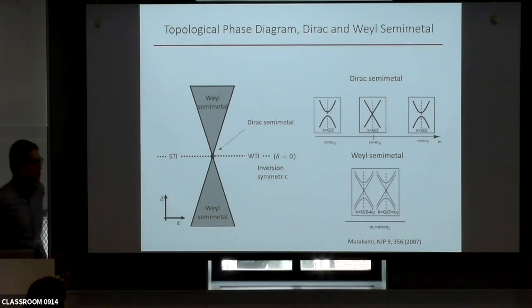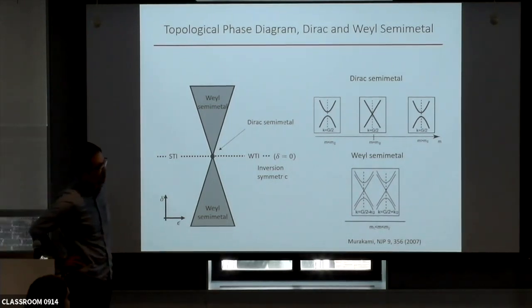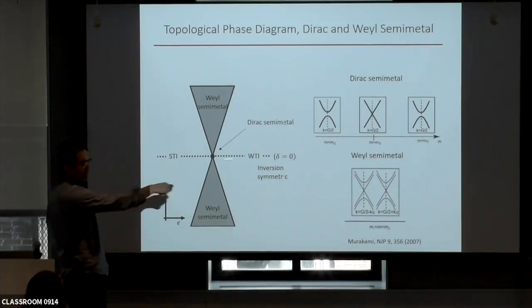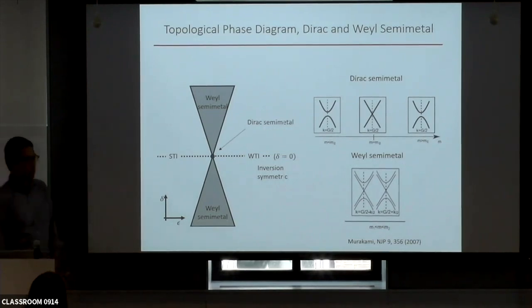I have a question. In this strain work, do you have a way to estimate at zero strain how large the gap is? Although your Fermi level doesn't cross it. You mean if we don't apply strain, then where does the band gap land? Yeah. Do you have some way to know the gap? Yes, right.